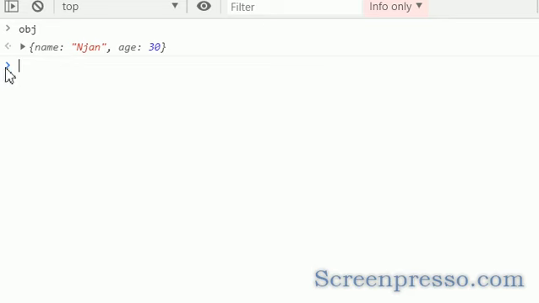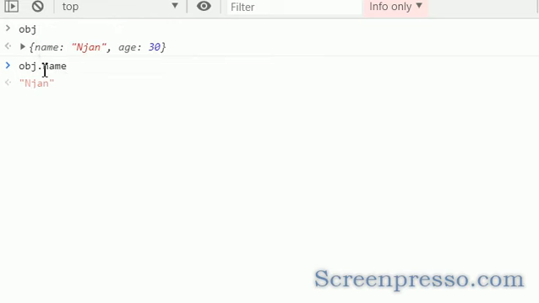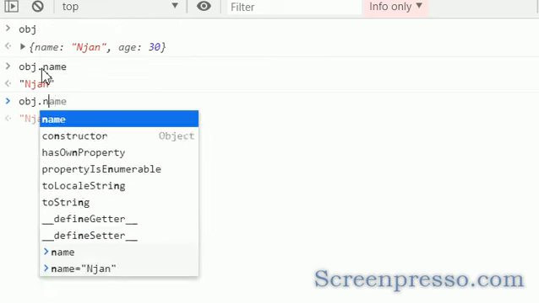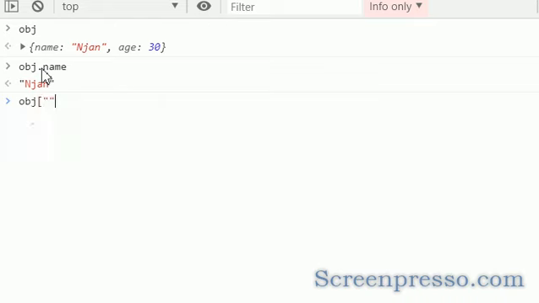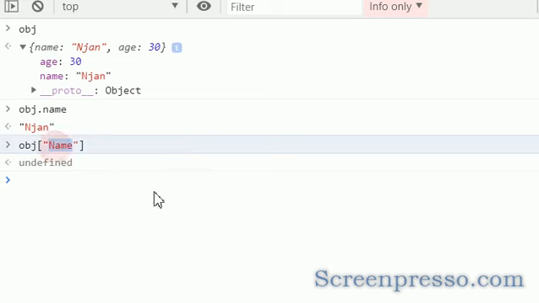I hope you are clear. You can get the values using the dot notation, or you can use square brackets also. For example, if I use capital N in name, but in the object I have small n name, it won't come, because the property and key should match. The property and getting the value are case sensitive. I hope you are clear.